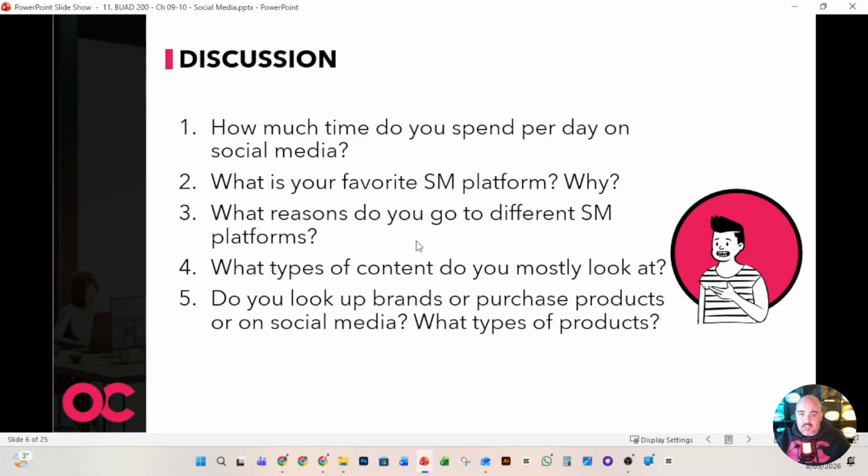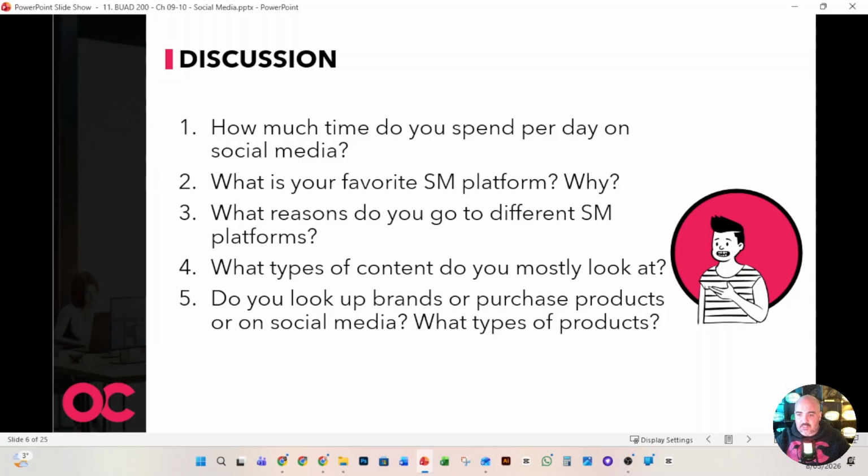And of course, for what reasons do you go to your different social media platforms? It's going to be different depending on what you want. If you're looking for brainless entertainment in short form, you're probably going to be on TikTok. If you were looking for a review or some kind of information, you might be on a platform like Reddit, for example. So a lot of them have different focuses that we need to think about when we're actually doing our marketing.